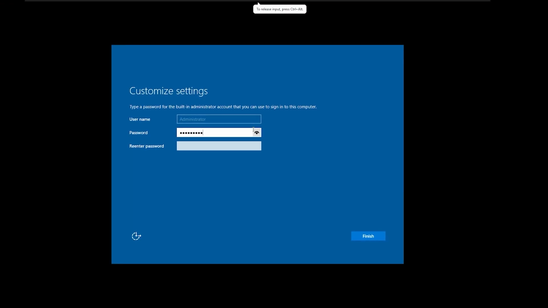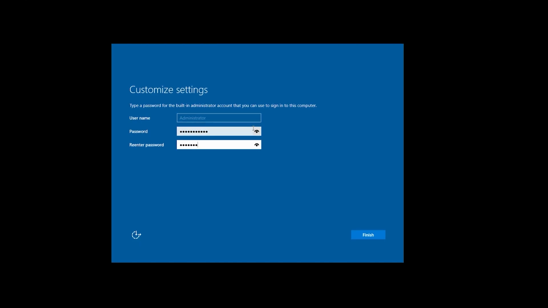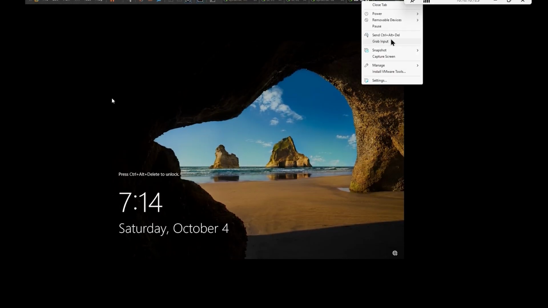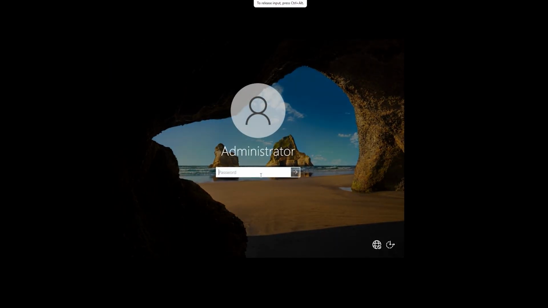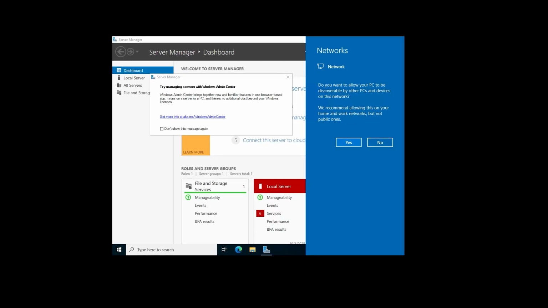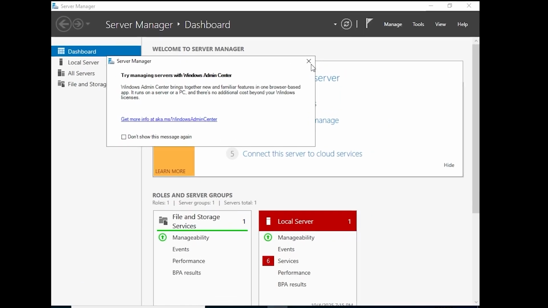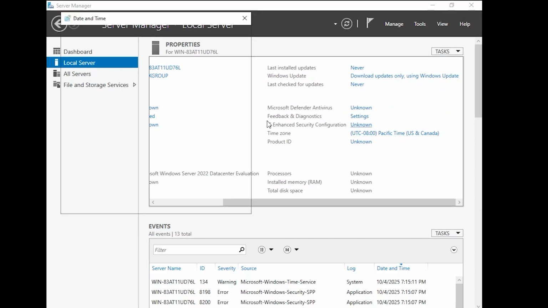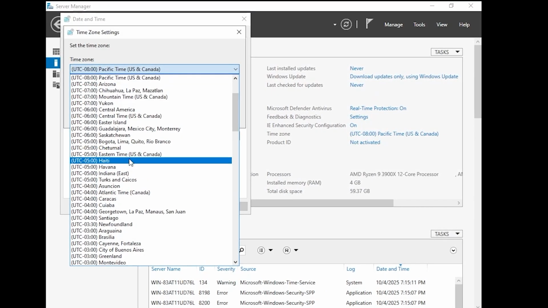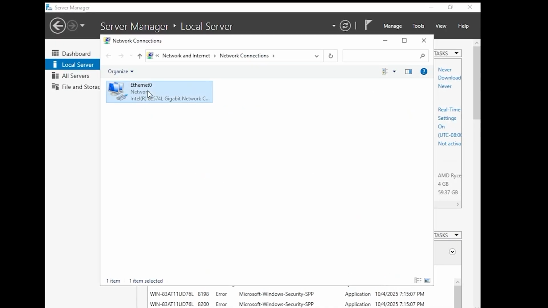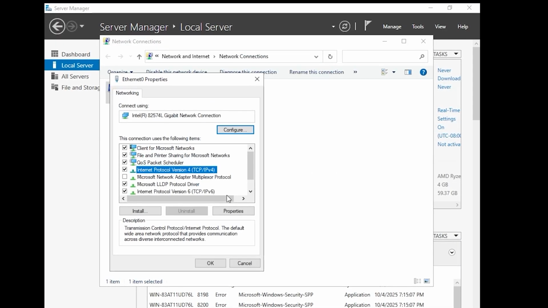Now that it's back online, I will create an administrator password. Then I'll log in. And here I will do a few things to get it set up. First, I will set the time zone. So I'm in Eastern Standard Time, so I will set that. Then I will set the IP address to be 10.100.100.20